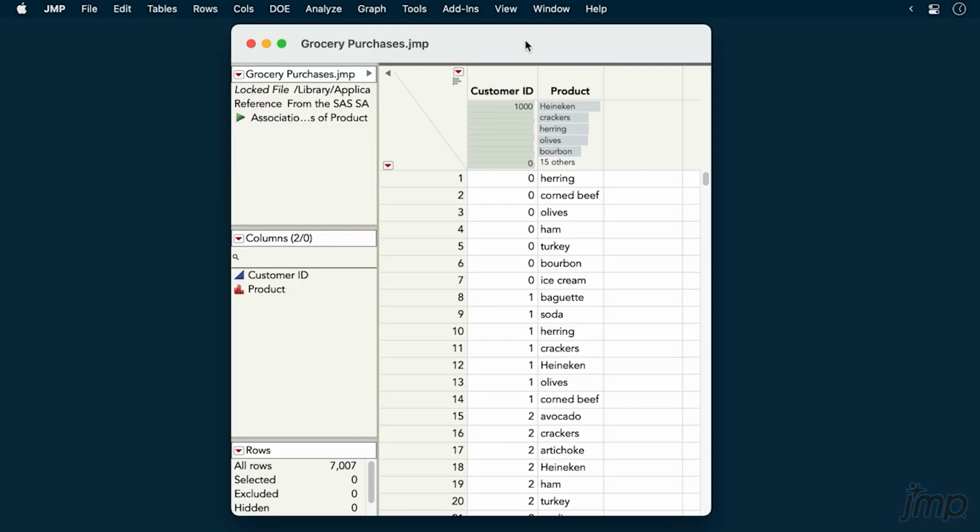This JMP demonstration shows how to perform association analysis, also known as market basket analysis. We're using the grocery purchases data from the sample data library. Association analysis is available in JMP Pro, and we'll use it here to identify patterns in items that co-occur in